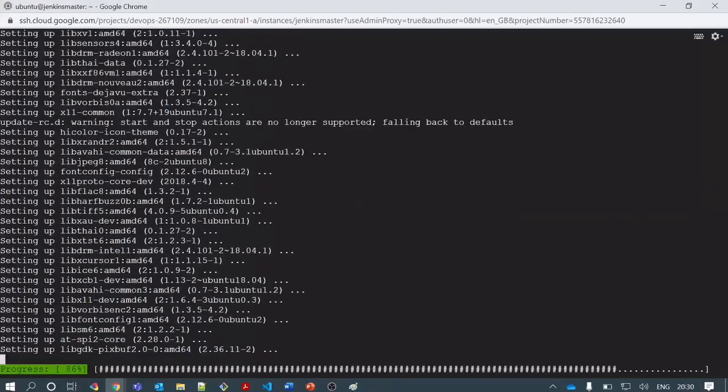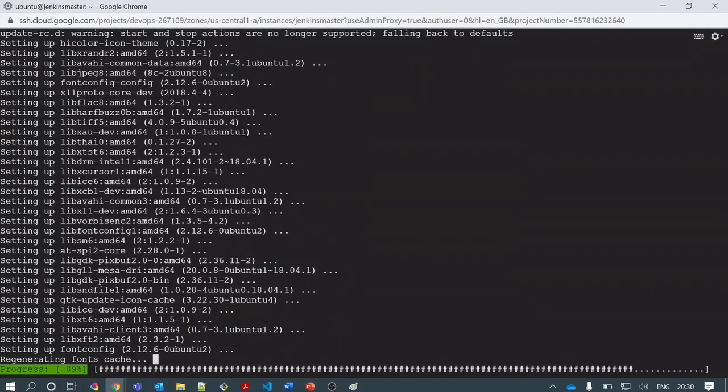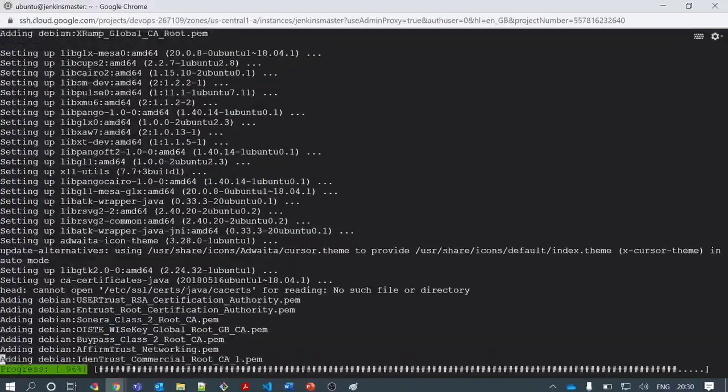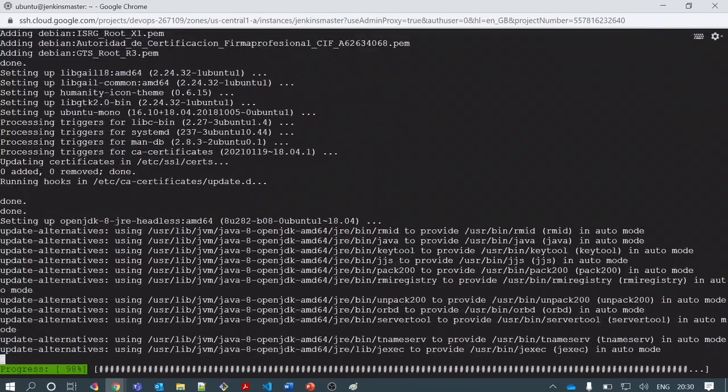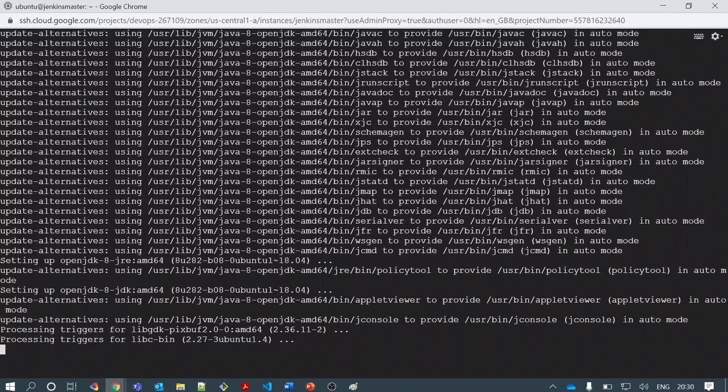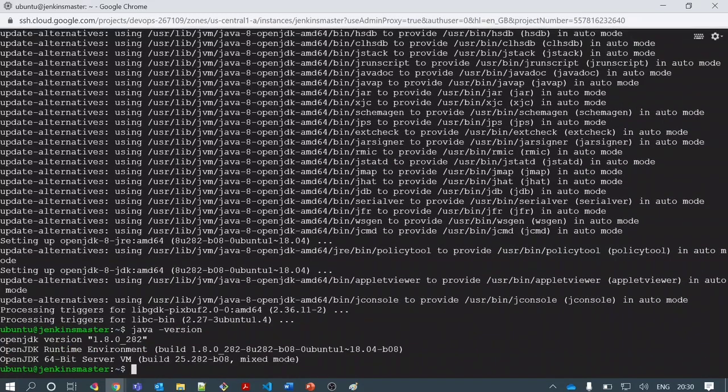It is going fast and going well. It should be finished in the next 10-15 seconds. Okay, I think the Java installation is done. We can check the Java version. You can see OpenJDK 1.8 is installed, with the JRE version and 64-bit server.